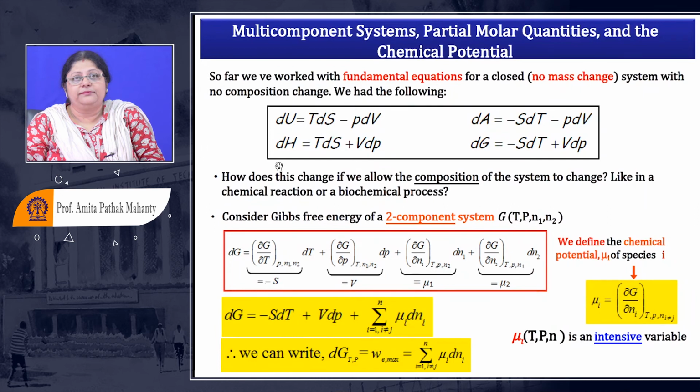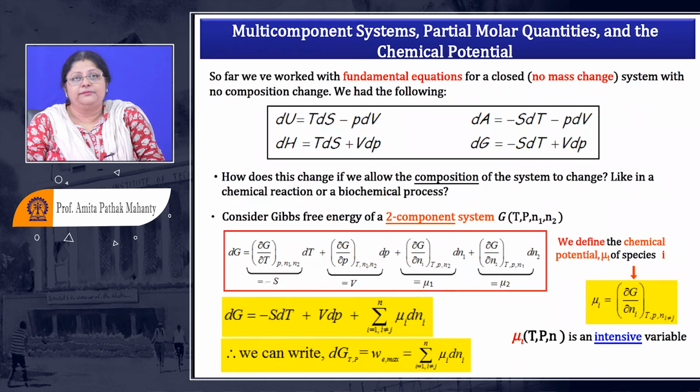What is minus S equal to? It's the first differential according to the perfect differential which we had taken. dG equal to M dx plus N dy. Remember that perfect equation? So if I have to compare that with the perfect equation, what will this S be? This will be the differential of G with respect to temperature at constant pressure.